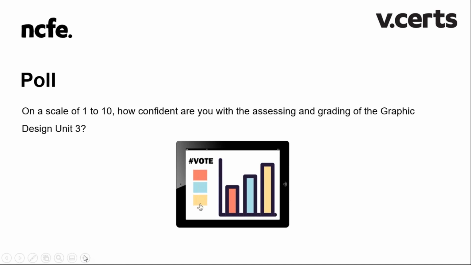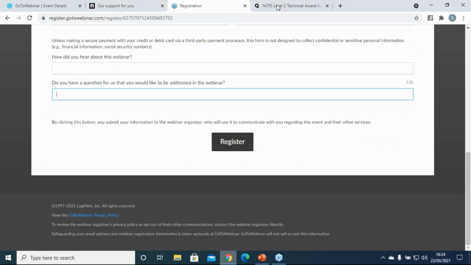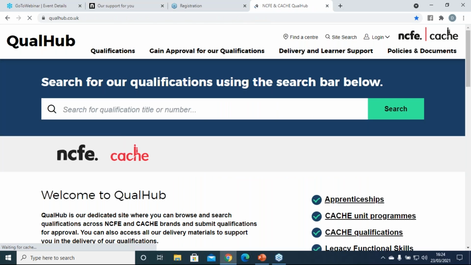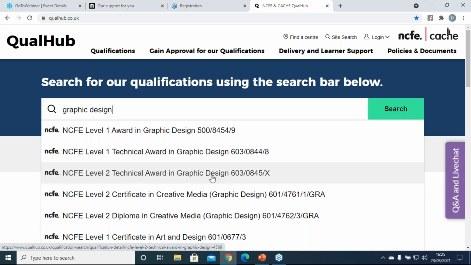And just as Leslie mentioned regarding the extra resources, I'll show you where that is on the Qual Hub page. By the way, when you're on the starting page, you can write in the full qualification title here, or if you just search for graphic design itself, it does come up with suggestions. You can see the level 1 technical award in graphic design, the level 2 technical award in graphic design. But on the Qual Hub page,